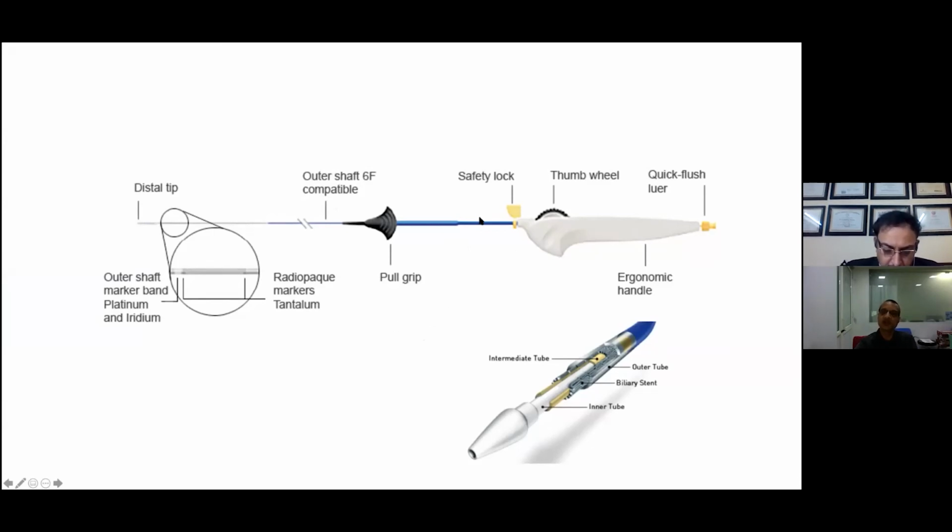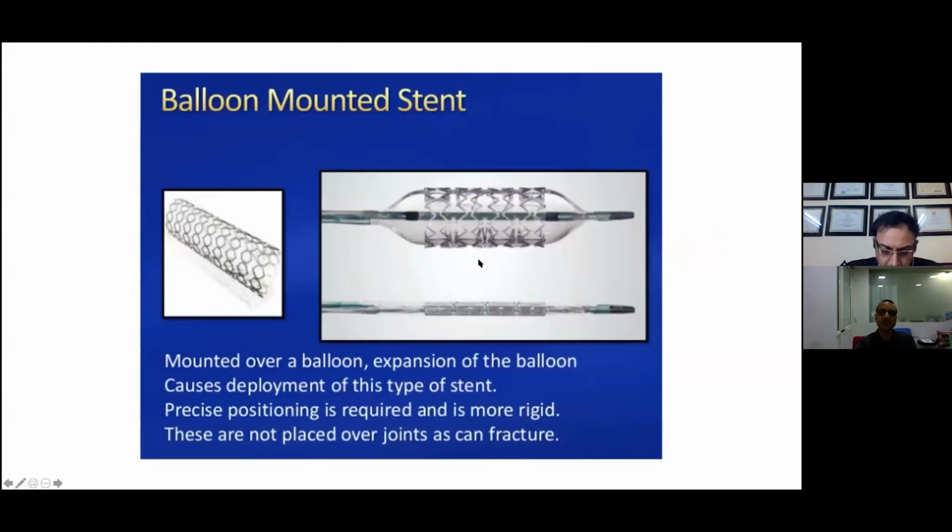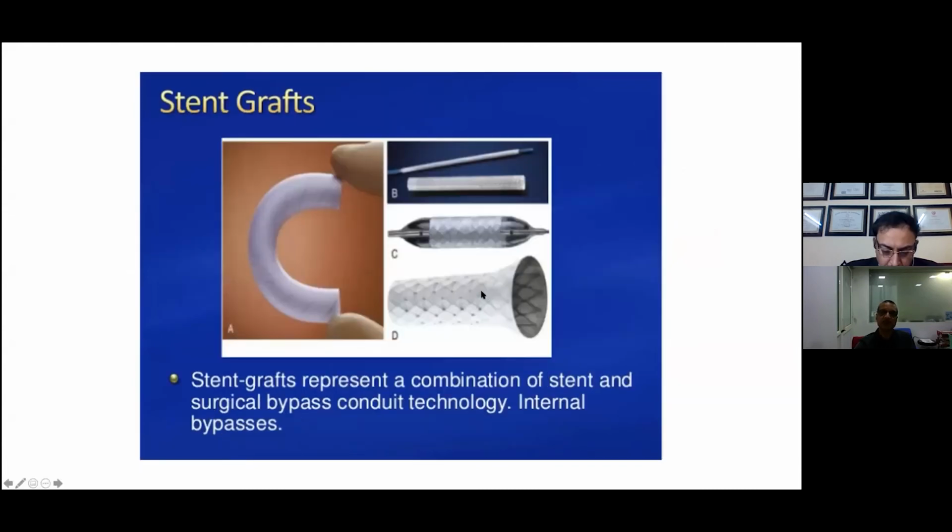The balloon-mounted stents, as the name suggests, are mounted over a balloon, and these can be deployed fairly precisely. They generally use a larger sheath compared to a self-expanding stent. And then these are the covered stents, and I mentioned where we can use them in peripheral aneurysms or a salvage situation. Now we are suggesting the use of covered stents even in patients who may have central venous stenosis, in patients with arteriovenous fistulas.